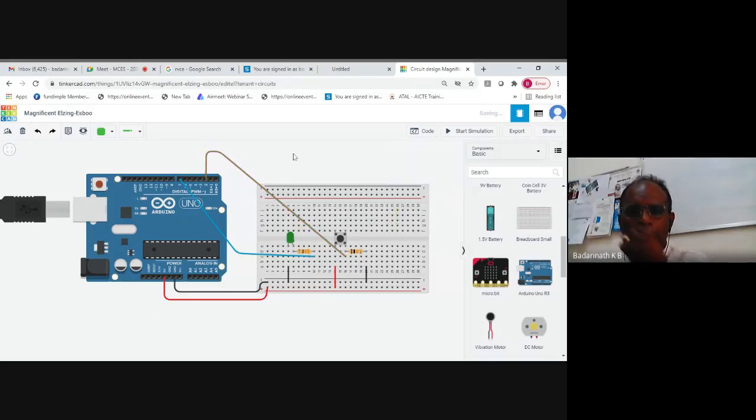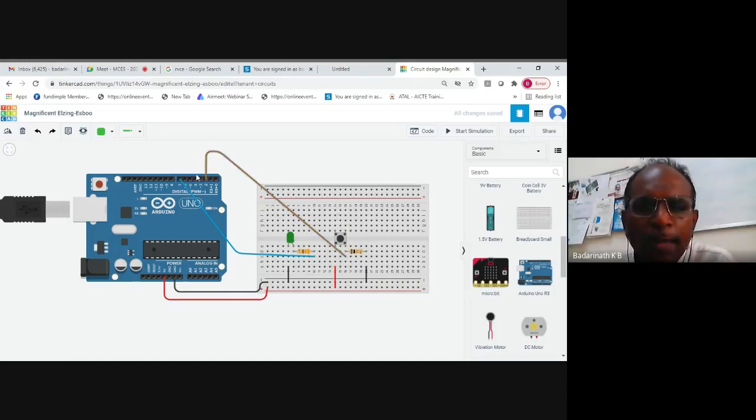Now see the connection, it's completed. One end is connected to 5 volts. The other end, connected to pin number 2, is the input. And whenever you press the key, it should be shorted and connected to 5 volts. So I've connected like this. So now see the connection also. This is 1B, this is 2B, and this is 1A and 2E. You can place it other ways also. Different methods are available. You can use any method.